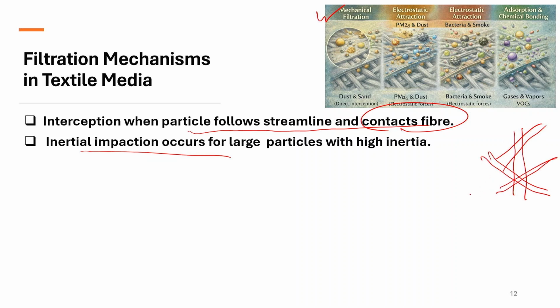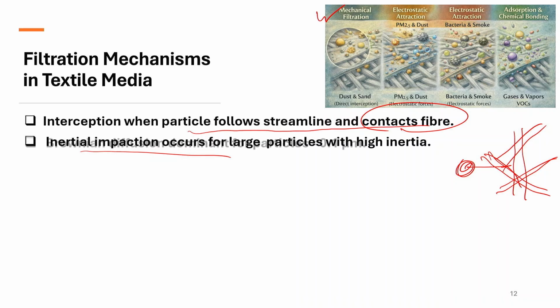Now, here a large particle is coming, it will strike the fiber surface with high inertia, and the fiber structure, being a flexible structure, will absorb the impaction and the energy will reduce, and the particle will get settled on the surface of the fiber within the structure or at the outside of the structure,